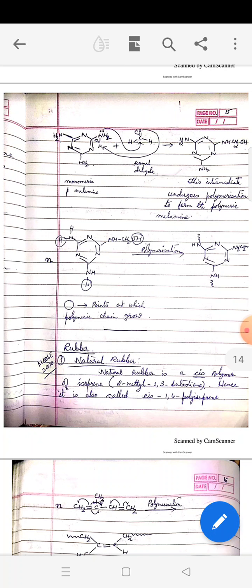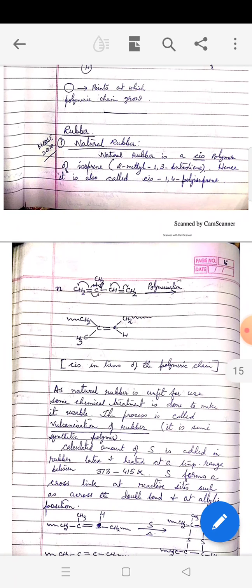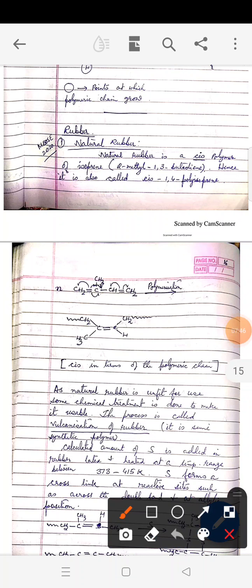Next we move to the next category of polymers, that is rubber. Some of the rubbers we have already discussed earlier. Now let's take natural rubber. You know that we get natural rubber from the rubber tree. And how do we collect the natural rubber? Usually incisions are made in the trunk of the tree, and some containers are kept there where the white latex of the rubber is collected. But that rubber is not fit for use. So we do some chemical treatment which we'll be learning later.